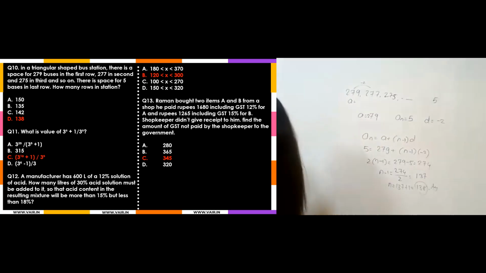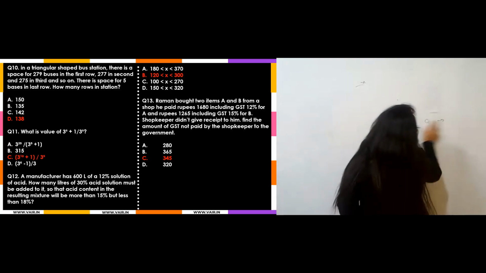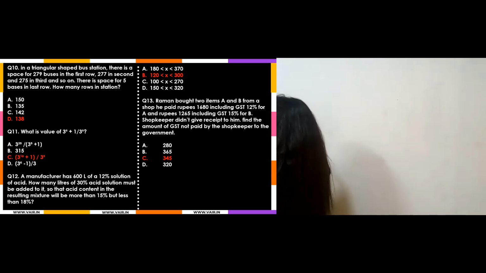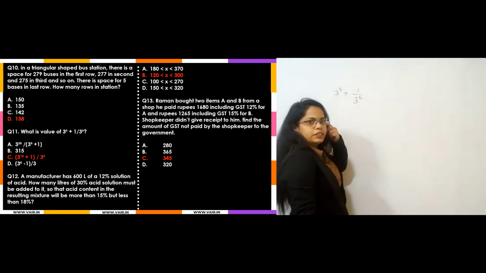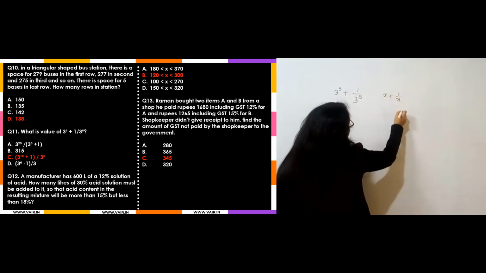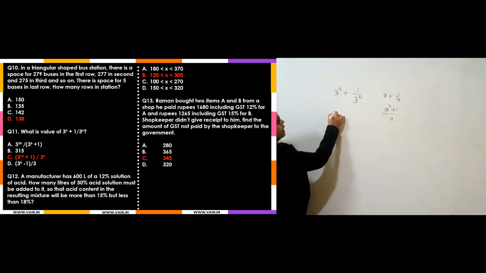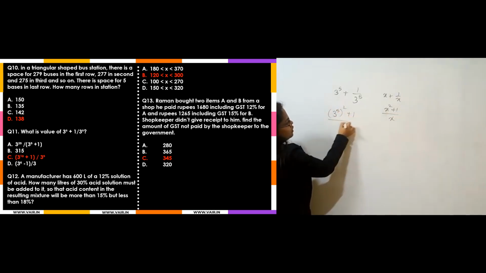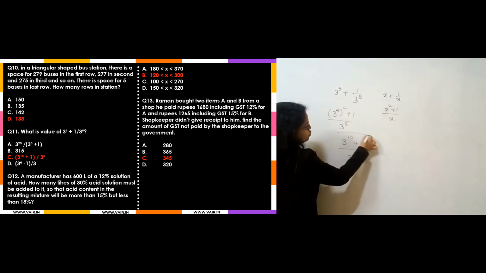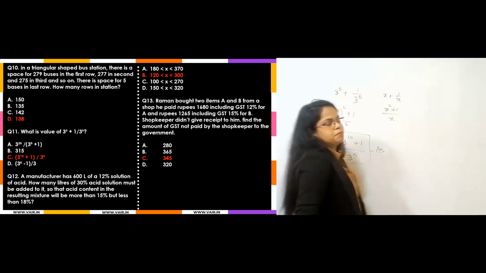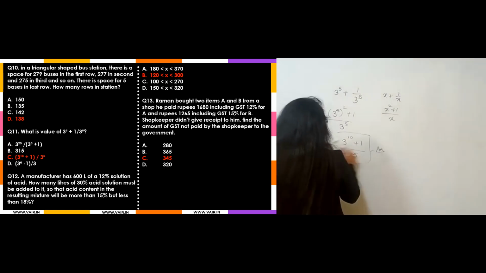Easier. Now let's solve the next question. Question number 11 is again more easy. What are they saying in question number 11? What is the value of 3 raised to 5 plus 1 upon 3 raised to 5? Simply what we do, like suppose x plus 1 by x. What do we write? x into x is x square plus 1 upon x. So here what will it be? 3 raised to 5 square plus 1 upon 3 raised to 5. 3 raised to 5 square is 3 raised to 10 plus 1 upon 3 raised to 5 was your answer. That's it. Simple. Answer is option number C. Easier. Now let's go for the next one.